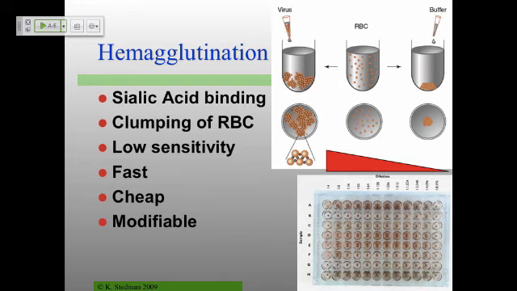Another way to deal with this: many viruses, and we'll talk about these a lot more later on, have what are called hemagglutination molecules on the outside of the virus. And that's been taken advantage of with the so-called hemagglutination assay. This takes advantage again of those molecules on the outside of the virus, which bind to, in this case, literally red blood cells. They bind to sialic acid, which is on the outside of many cells, particularly red blood cells.